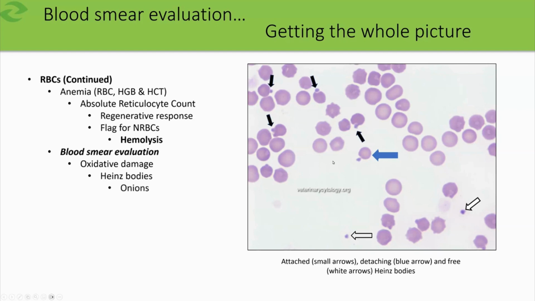So some of the classic oxidants associated with oxidative damage and Heinz body formation are onions, garlic, propofol, acetaminophen, Tylenol's a classic, benzocaine. I actually managed to, when I was trying to intubate a cat that was having laryngospasm, and I was using lidocaine, and I kept using more lidocaine in that cat to intubate it, managed to induce a nice Heinz body anemia that was apparent about 2 days later. So I ended up having to support that kitty through